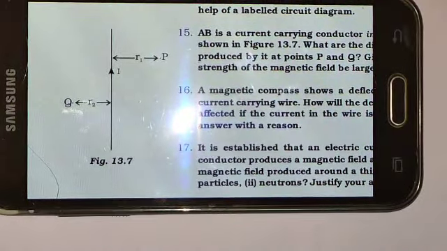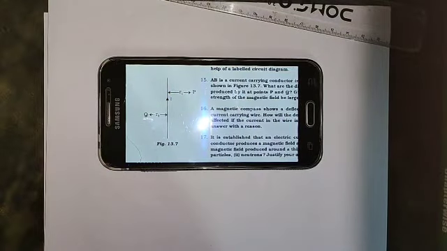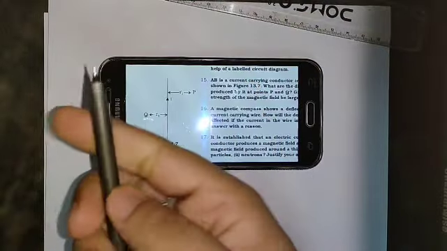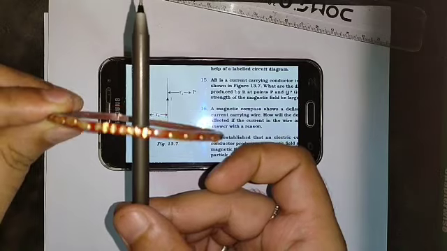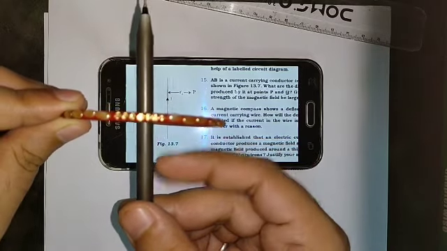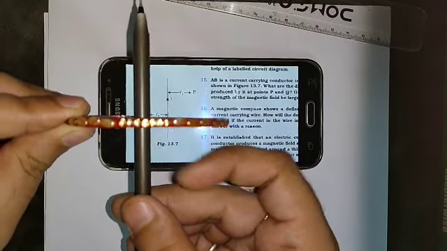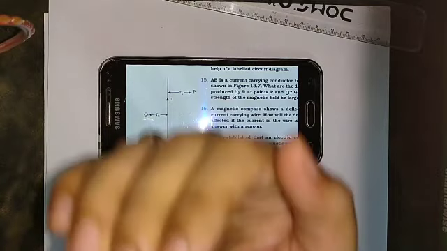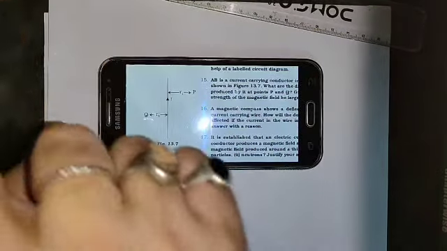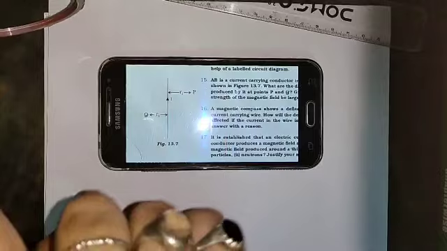Again, the right hand thumb rule, or Maxwell's right hand thumb rule. See, the current is moving in this direction. This will be best to make you understand. So it is your configuration: the current is moving in this direction. Field lines will be made like this because the fingers are going to be curled like this. If from this side we see, it will look clockwise.